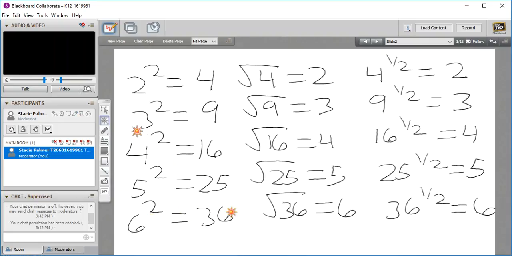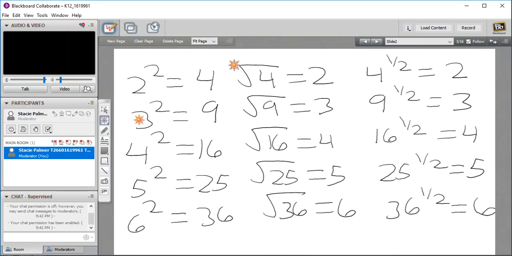Okay, now I had quite a few of you who were multiplying the base with the exponent. Please do not do that. Okay, remember that the exponent tells you how many times you're going to multiply the base by itself. Okay, so with that said,